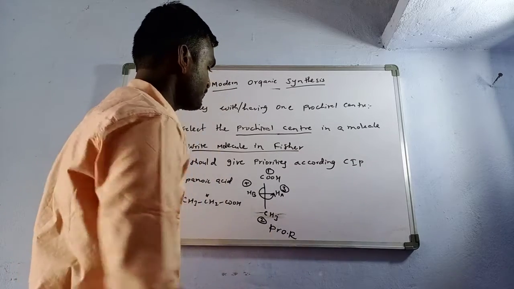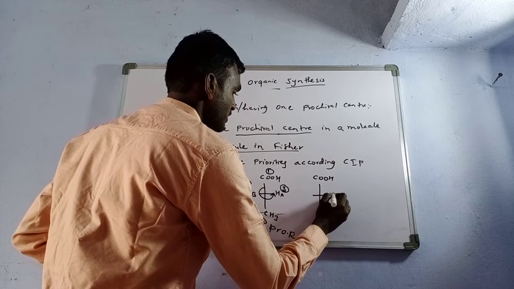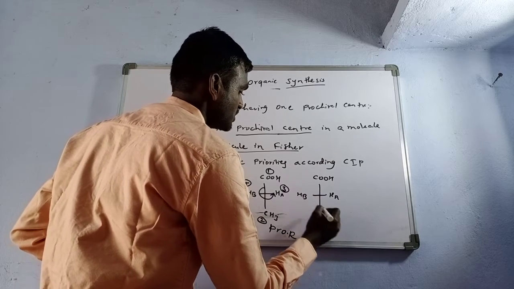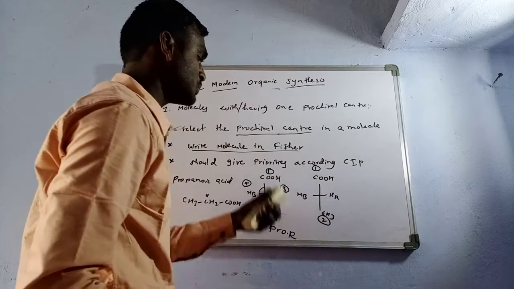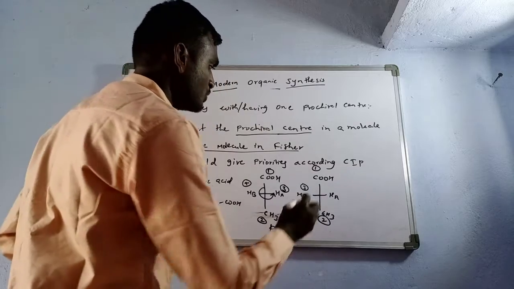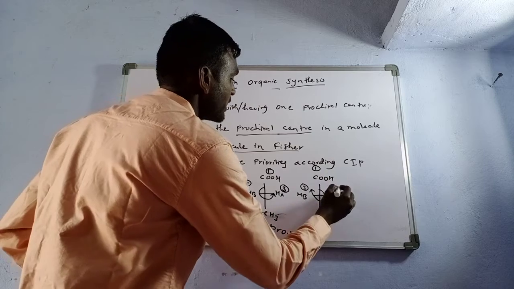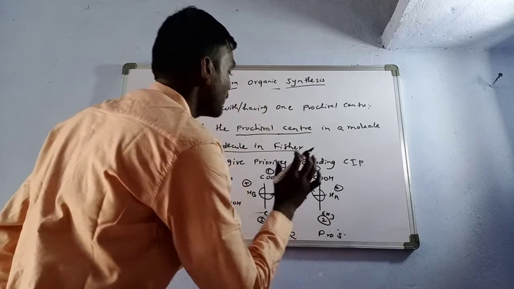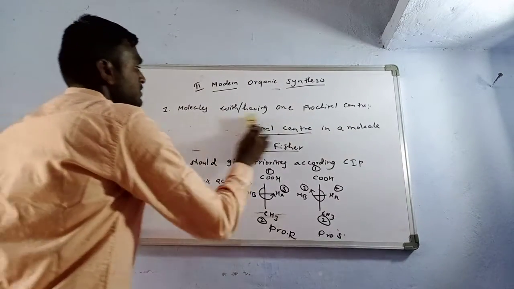In the same way, with HA and HB and CH3, give the priorities according to Cahn-Ingold-Prelog rules. And if we give the third priority to this B group, it will be a clockwise direction. For clockwise direction, with the fourth priority group in horizontal, it will be an S configuration, that is pro S. Okay, let's see one more example.